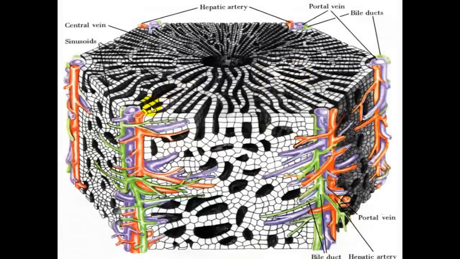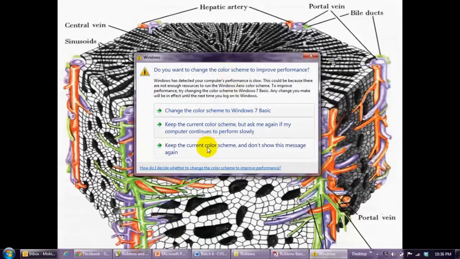This is how it looks. You have this three-dimensional structure. You can see these small sinusoids, which are lined by the endothelium, and you have a space in between. This is the central vein. These are the three things within a portal triad: you need to have a hepatic artery, a portal vein, and a bile duct. And if you look very carefully, this part is the only part in the liver which will have some fibrosis, whereas this part and this part are completely devoid of fibrosis. So that means central